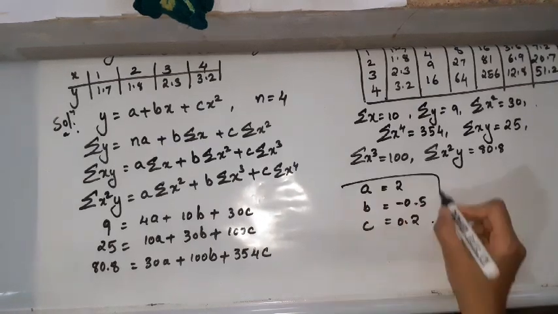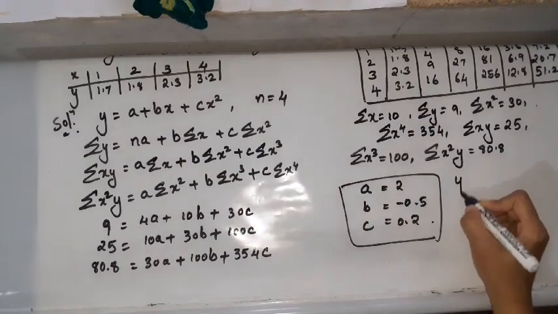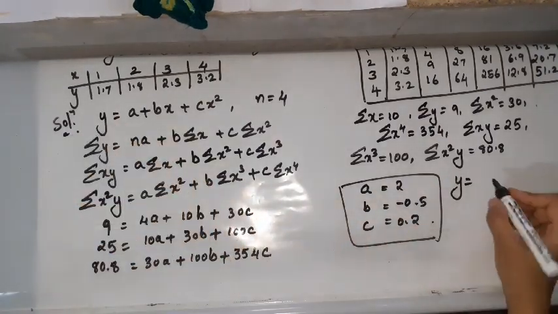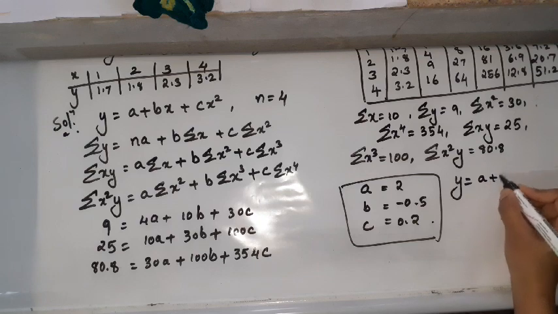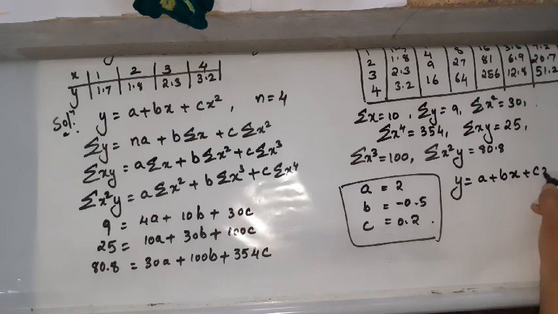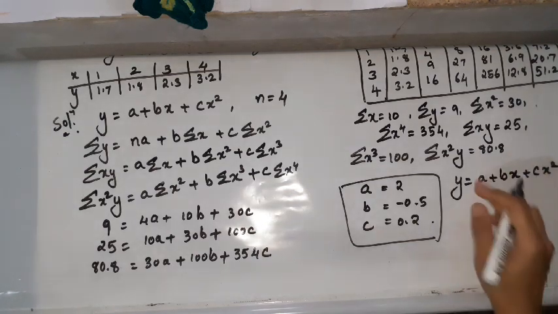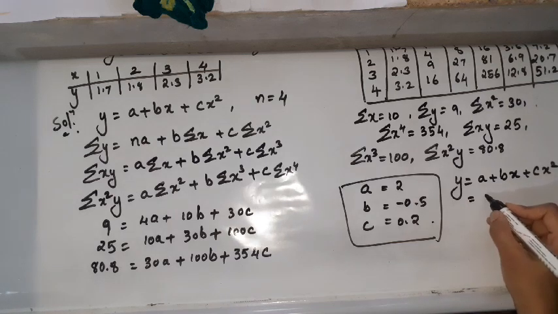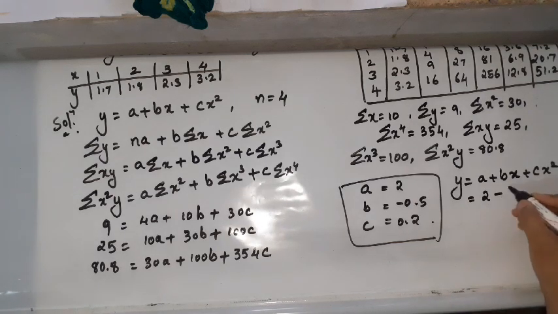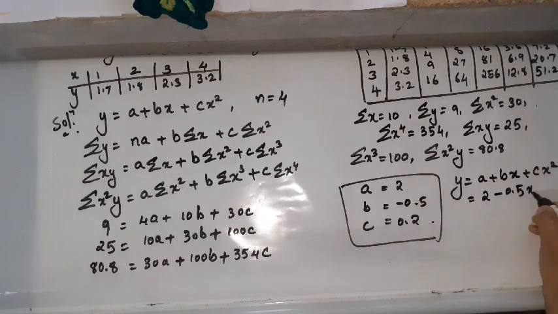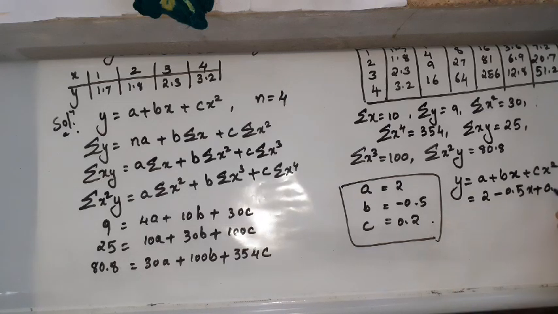Then y is equal to, let us do the substitution there. Y is equal to a plus bx plus cx square we have to write, right? So do the substitutions for a, b and c. So it becomes 2 minus 0.5x plus c value is 0.2x square. This is the complete